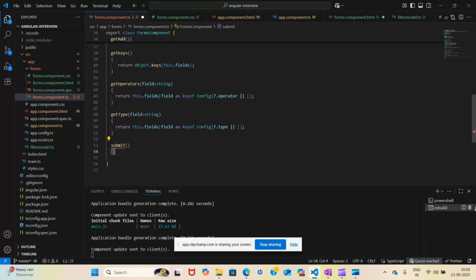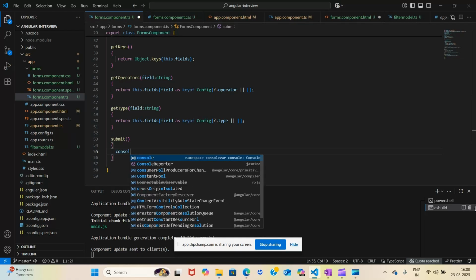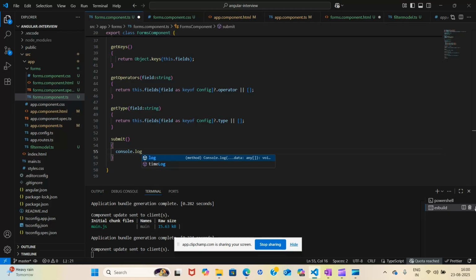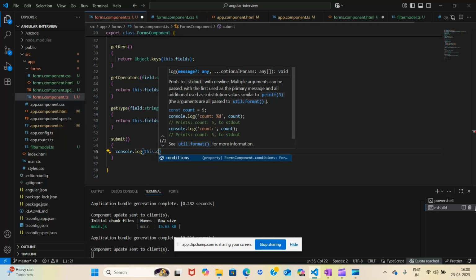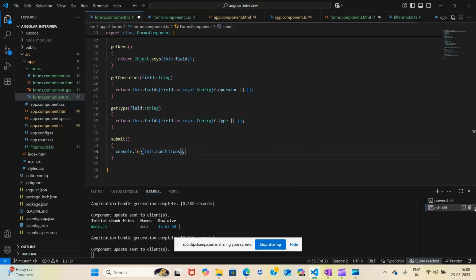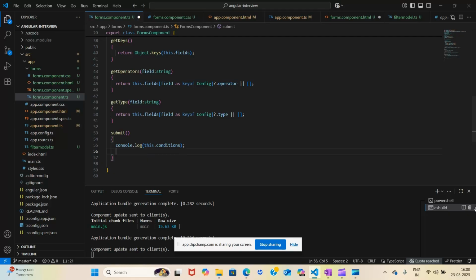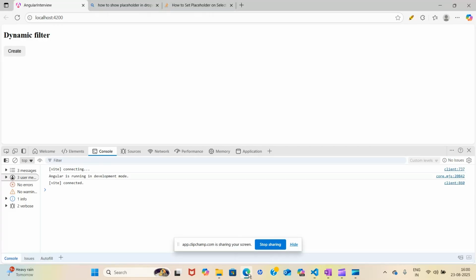Okay, and now here I'm consoling it. Later I will apply filters, but right now I'm doing console because I want to show you something. First of all, let me show you something which I wanted to tell you, and afterwards we will add filter, right?